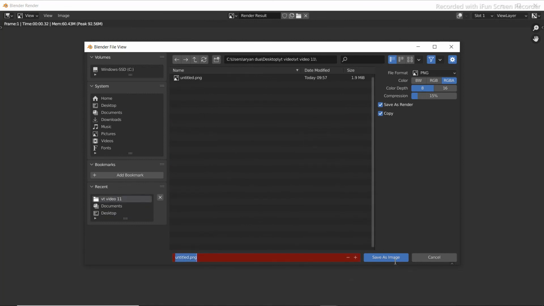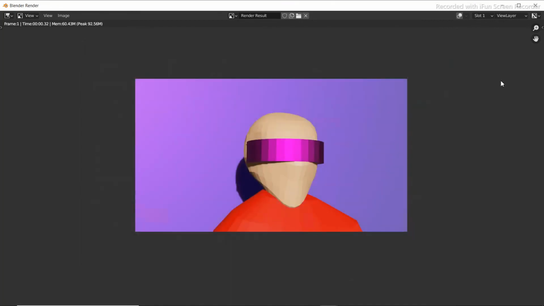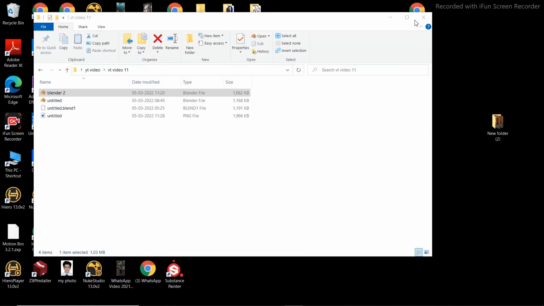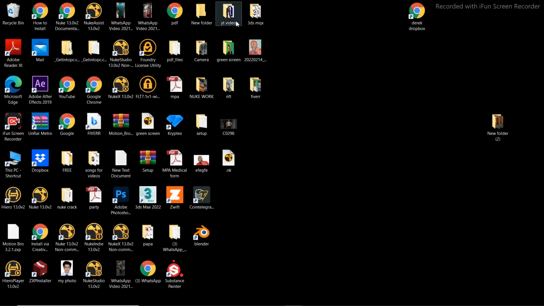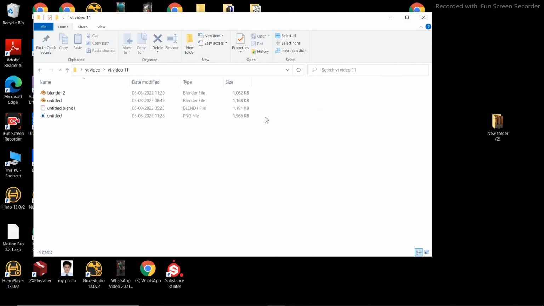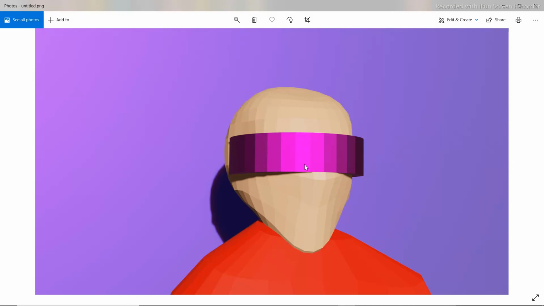And then save the image. And once now we go here, we have this image right here that we can upload as an NFT on OpenSea or any other